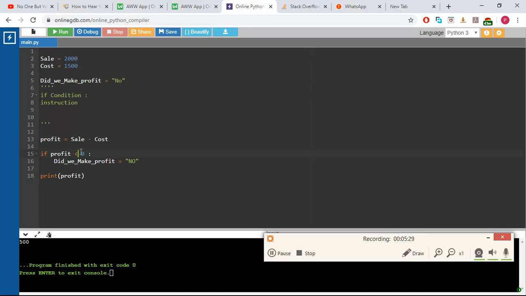But yeah, so if profit is less than 0, then did we make a profit will be equal to none. So we stop that here, right? Now notice I want to show you how much this impacts, right? The whole spacing thing. Now you see that this is now here, right? I'm going to tell it to print "space ends here", right? When I run this,